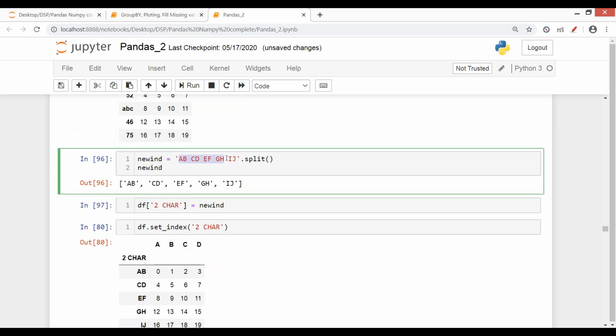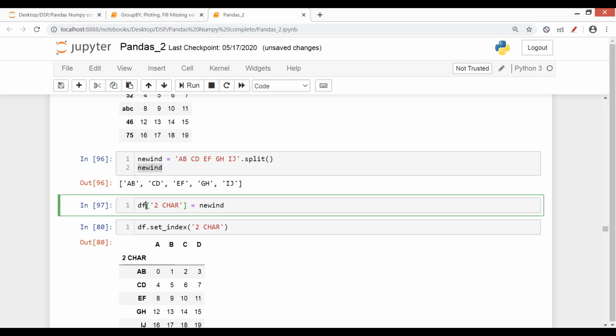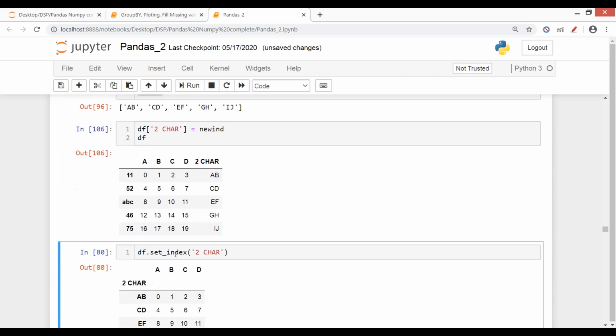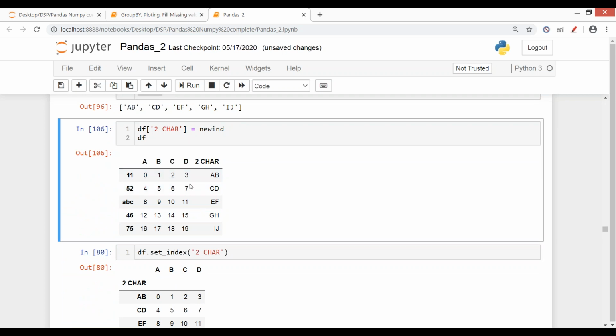So what did I do? I have defined the values combination. Then I'm doing the split command. Split will split on the basis of spaces, and I'm storing it into this. And then this is my column created. You see, when I just print my df here, this is my column. Actually, I've run this command, which is why this is already my index here.